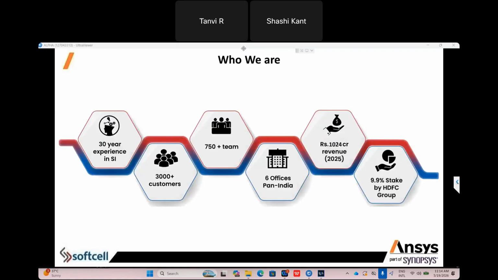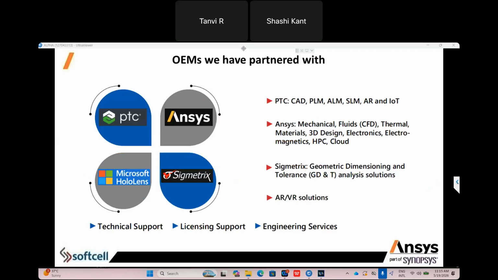Softcell, as I told you, is a very reputed company in India, and currently we have a more than 750-person team, available in 6 offices across Pan India, and our last year revenue was 1024 CR. Our higher management team has more than 30 years of experience.